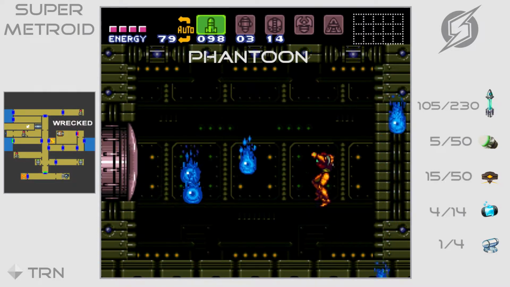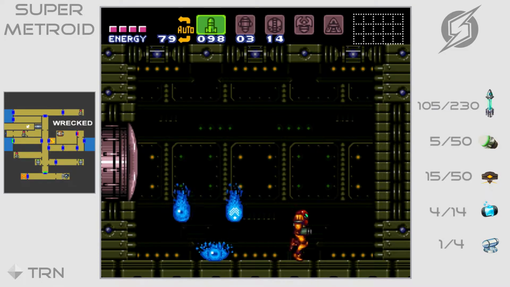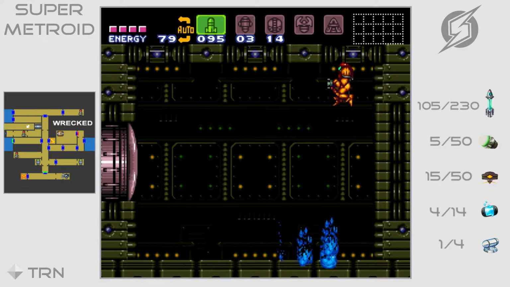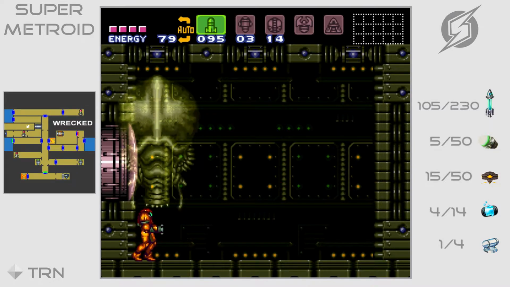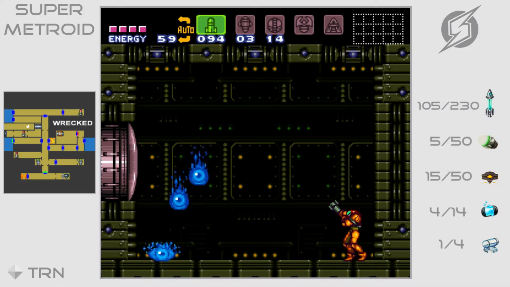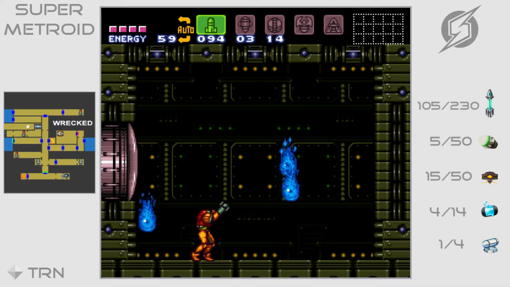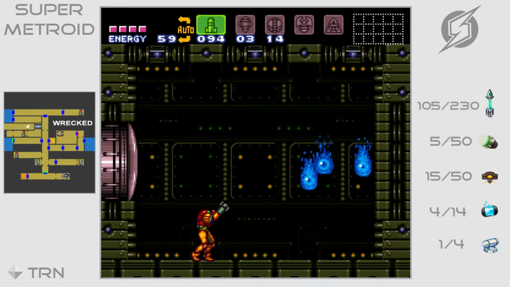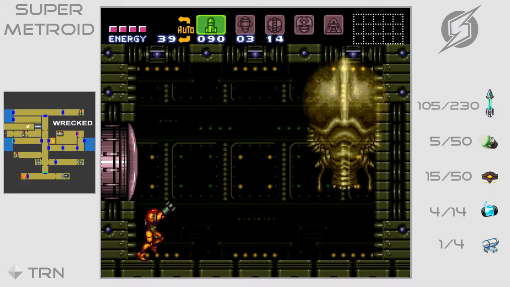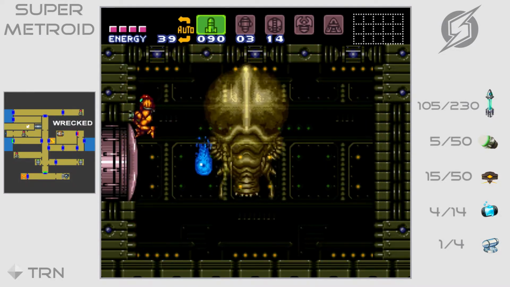His name is Phantoon, but he's not a character in a comic or a toon. He is a phantom with a big eye. Now he opens his eye and you have to shoot it with a missile as fast as possible while still avoiding the fire. Once the fire bounces once, you'll be able to shoot it and you can get more missiles. I'm not sure if you can get health drops or energy drops, but